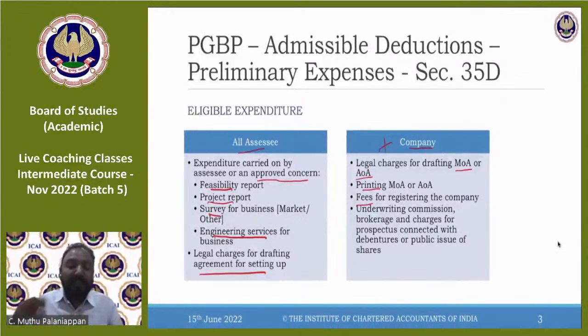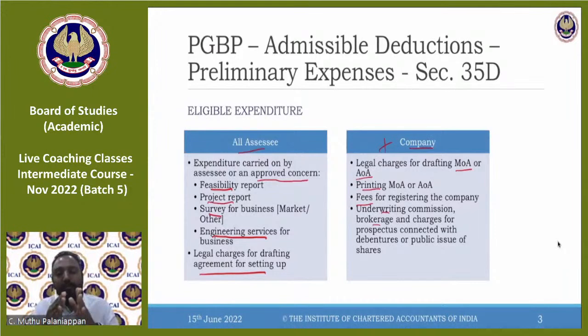And then in case you are listing, if you are going for an IPO, like what Zomato did or Nykaa did, or various companies that have been listing in recent days, whatever is the underwriting commission, brokerage, or whatever cost you're incurring to be involved in this public issue, be it a public issue or issuing debentures, whatever the cost is for these things is also called an eligible expenditure.